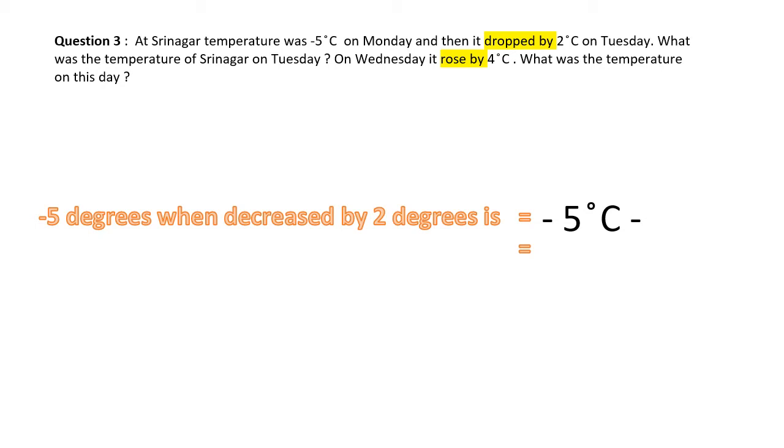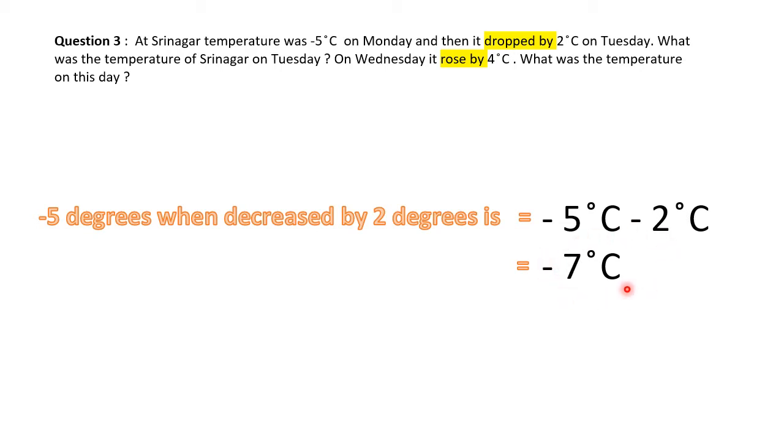minus 2 degrees Celsius. Why did we minus? Because decreasing means to subtract, right? So -5 degrees Celsius when dropped by 2 degrees Celsius, we get -5 degrees Celsius minus 2 degrees Celsius. Okay, so what is the answer? According to integer addition, we have minus minus plus, right? So 5 plus 2 will give us